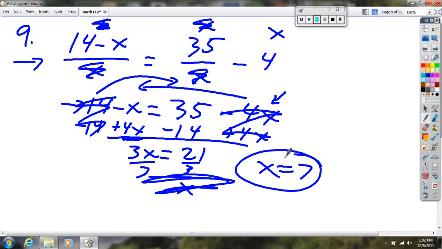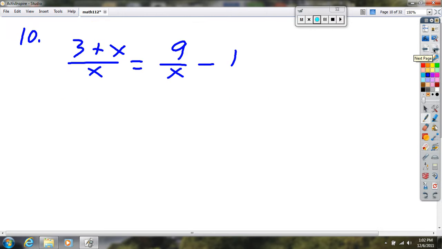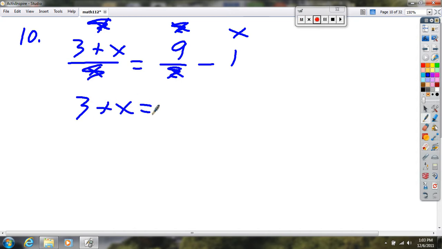Okay, number 10. Again, the same thing. We've got x's on the bottom, so our common denominator is x. We're going to put 1x on top of the fraction, 1x over the 9, and 1x over the 1. What cancels? This x here on the left bottom cancels with the 1 on top. The x underneath the 9 cancels with the x on top. And that's all that cancels. We're left with 3 plus x on the left equals 9 minus x minus 1x, or x minus x, on